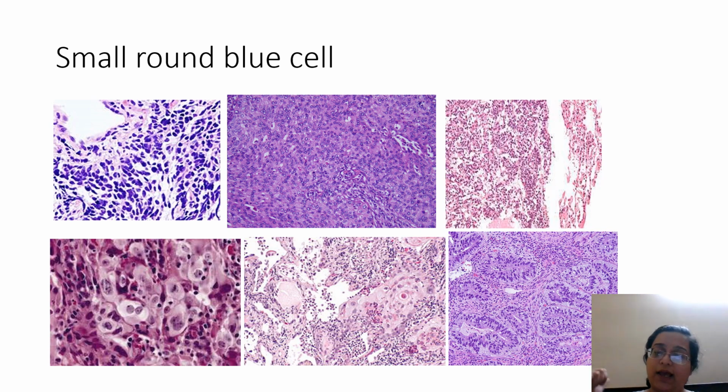You are only going to get morphological variations in the type of tumor. Like if I tell you that it is a thymoma versus a thymic carcinoma, you will be able to differentiate between the two morphologically. If I tell you thymoma type A, AB, B1, 2, 3, you will easily differentiate between these. Small round blue cell tumors which are common in the mediastinal region can come from the lung, can come from the lymph node, can come from the nerve, that is the neuroblastoma. Then there are certain germ cell tumors that might have small round blue cells as a component, not the entire tumor. So if you're seeing a large area with small round blue cells, here comes the role of IHC. You need to put the entire IHC panel to see whether the tumor is neuroendocrine.